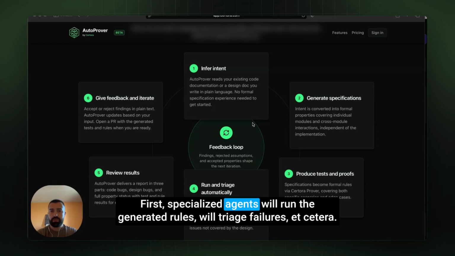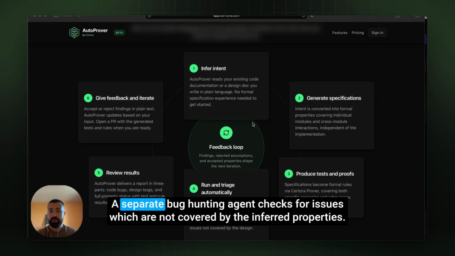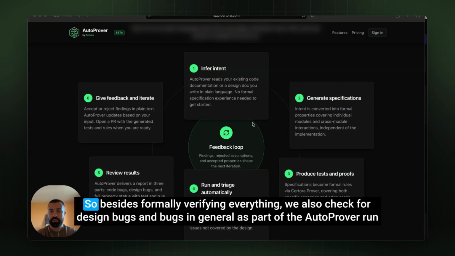First, specialized agents will run the generated rules, triage failures, etc. Then a group of so-called feedback agents validate soundness before the results are actually reported. A separate bug counting agent checks for issues which are not covered by the inferred properties. So besides formally verifying everything, we also check for design bugs and bugs in general as part of the AutoProver